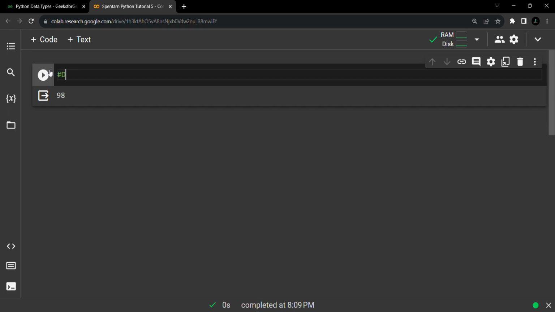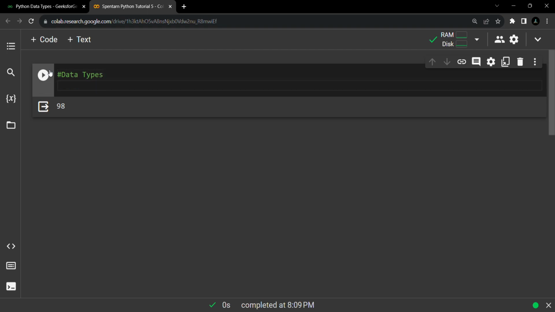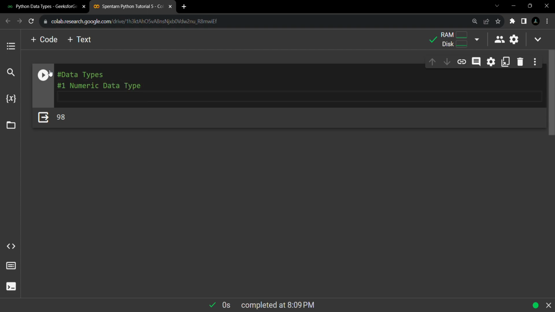So we'll be discussing data types, and the first one is our numeric data type. In numeric data type, first of all you must know what a numeric data type is. Basically, whenever I enter some kind of value like 1 2 3 4 5 6, you can say it is the numeric data type,